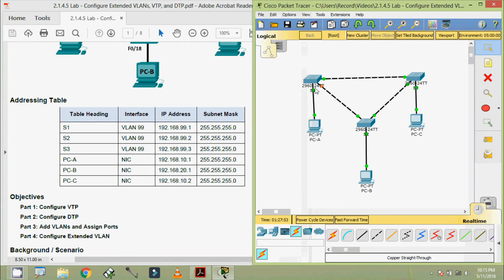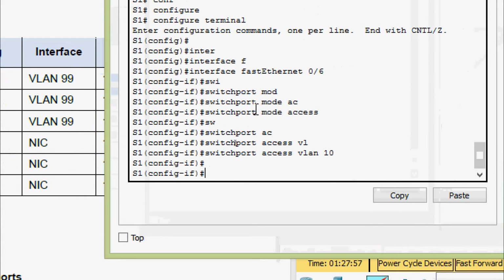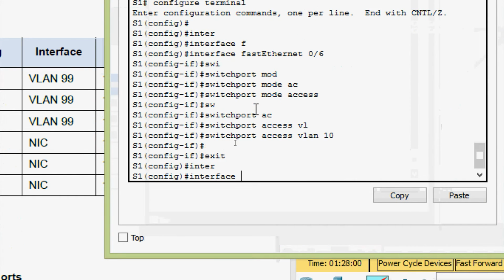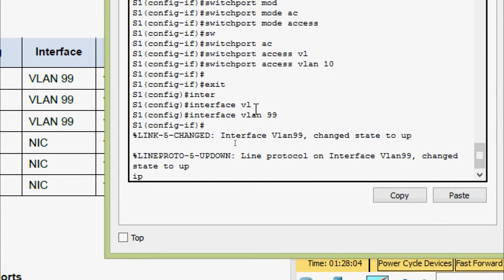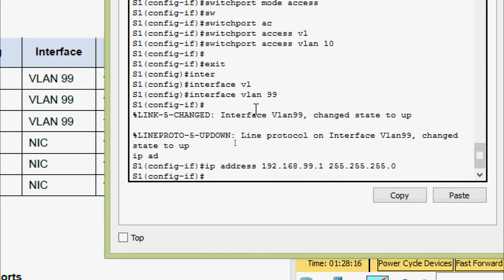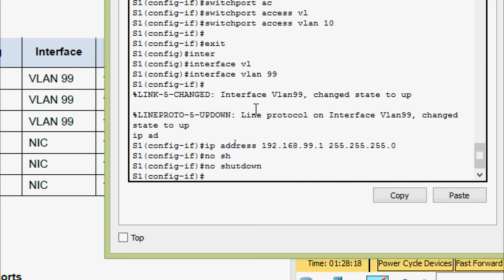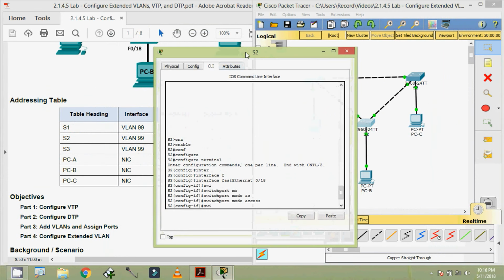First of all, we will do it on S1. We will go to the interface VLAN 99 and we will set the IP address 192.168.99.1. Also the subnet mask 255.255.255.0. No shut command. And coming to S2,